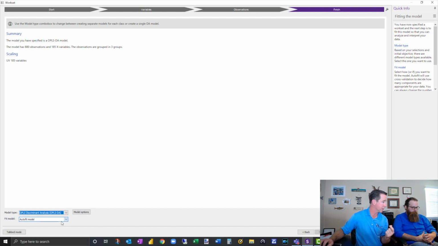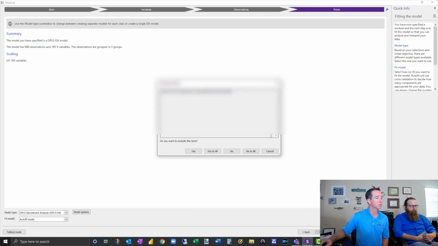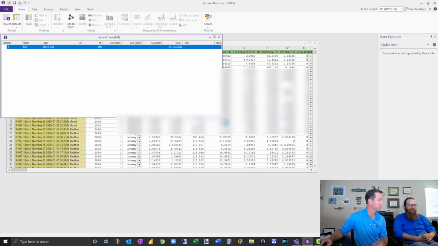And I'm going to choose to go ahead and auto-fit it. Yep. Okay, as it comes in, I'm going to go ahead and finish. Now, it's going to say, hey, the year has no values different from the median. I probably should have excluded this column. So, you know what? Do you want to exclude? Yes, I do. Hey, this particular one only has 2 different values from the median. Yeah, might as well exclude it because it's not going to tell me anything. This one only has 2. This one has 0. This one has 0. That one has 0. So you know what? I'm going to exclude all of those.